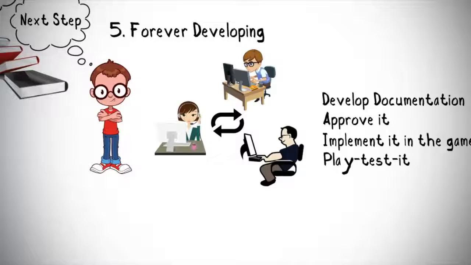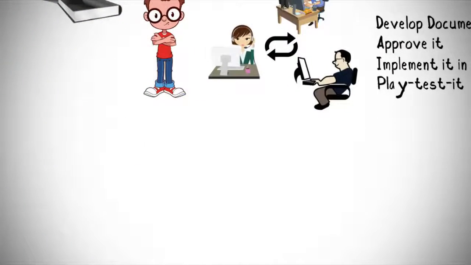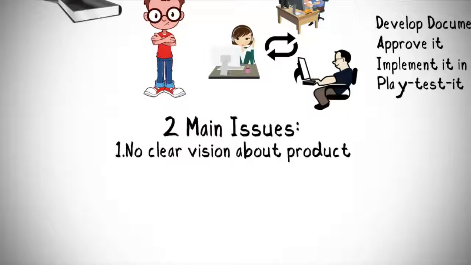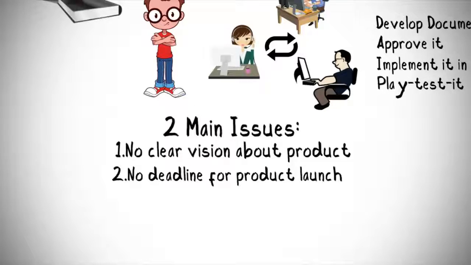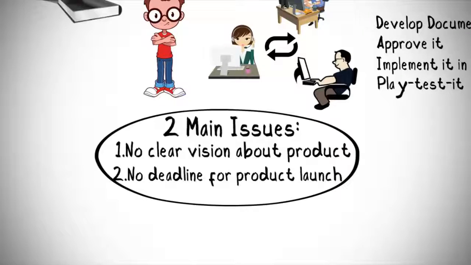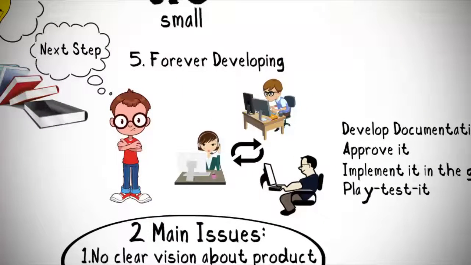We were stuck in this loop for a good few months before I came up with a decision to define the final product and leave all new system ideas in backlog. I feel there were two main issues: no clear vision about the product, no deadline for product launch. As I was managing the project, I think it was my responsibility to make sure that these two things are clear and followed.